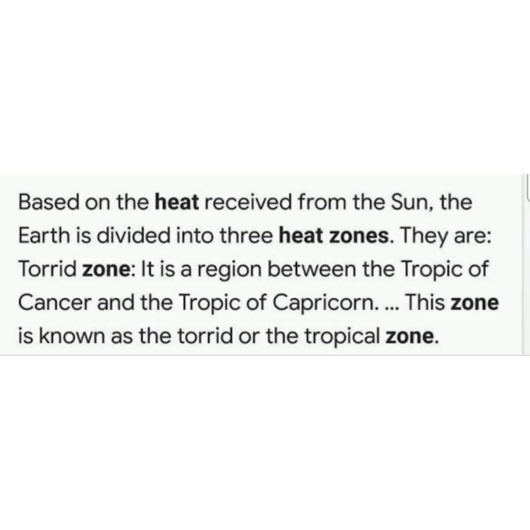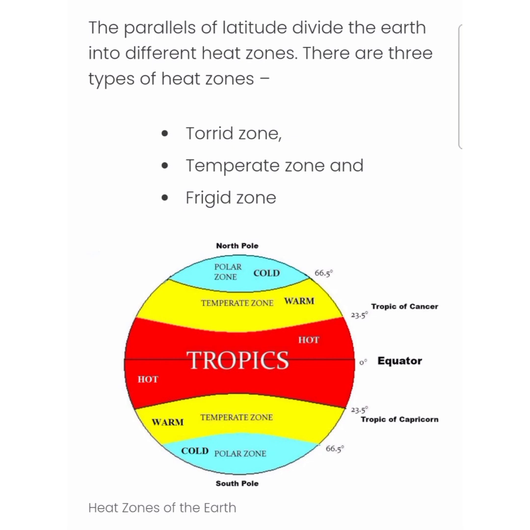Now let's switch to the heat zones of the earth. So what is a heat zone? The heat zones are the zones of the earth where the sun rays fall differently. Every zone receives a different amount of sun rays, and that causes different climate patterns. So basically there are 3 types of zones: the torrid zone, 2 temperate zones and 2 frigid zones. And it is said that the torrid zone is very hot.